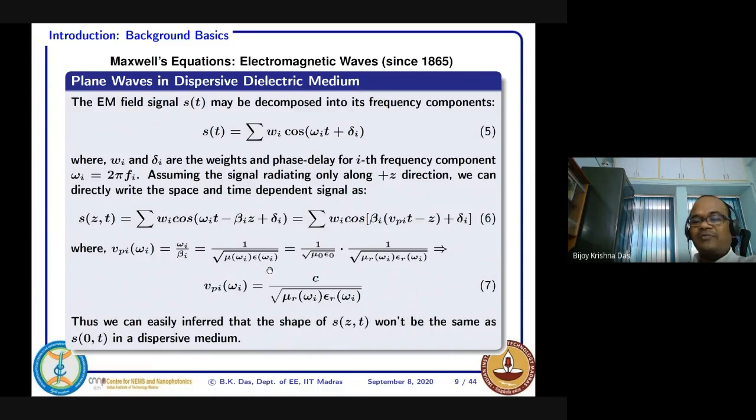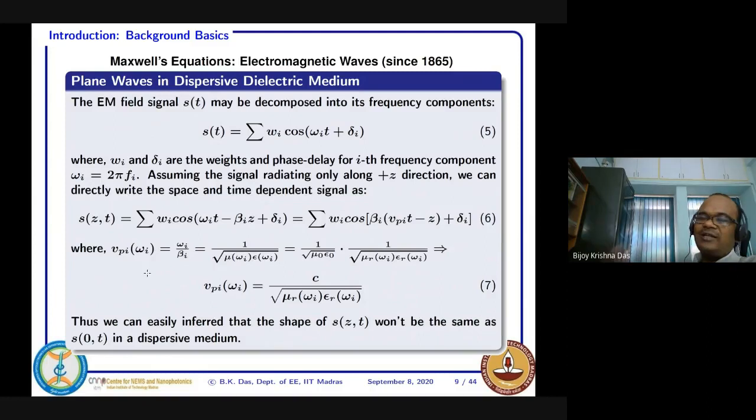And when mu and epsilon are different, the corresponding frequency will travel with a different velocity, omega by beta. When they are traveling with different velocities, that is called dispersion. You can recollect why white light falling on a prism is separated into 7 different colors. Because in the glass, all these frequencies travel with different velocities, and to adjust for that velocity, they have to be separated because their phase front will be changed. So that is called dispersion.